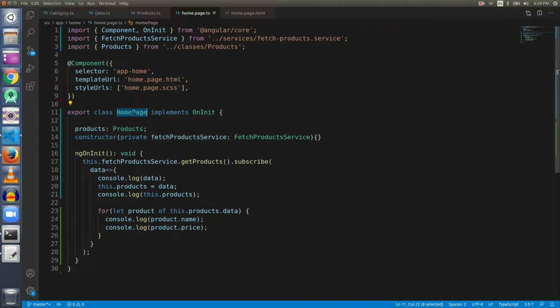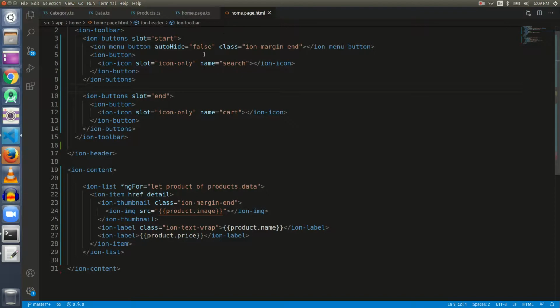So what happens actually when the page is rendered, when we save it? Let me make a change here, and as I make a change and save it, the Ionic CLI renders the home.page.html page first, and when this rendering is going on, the execution comes to the products variable, and the Ionic CLI doesn't know about the products variable.